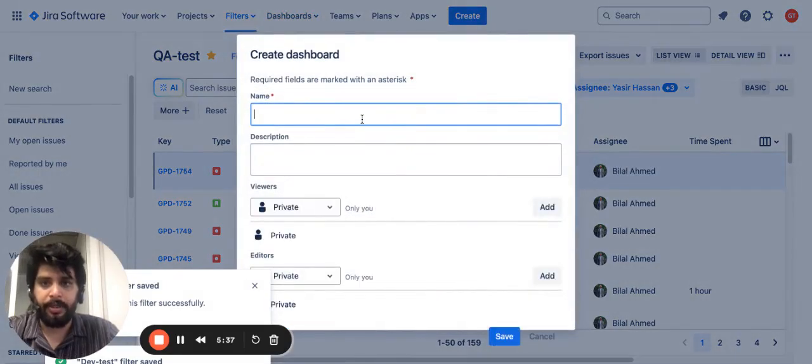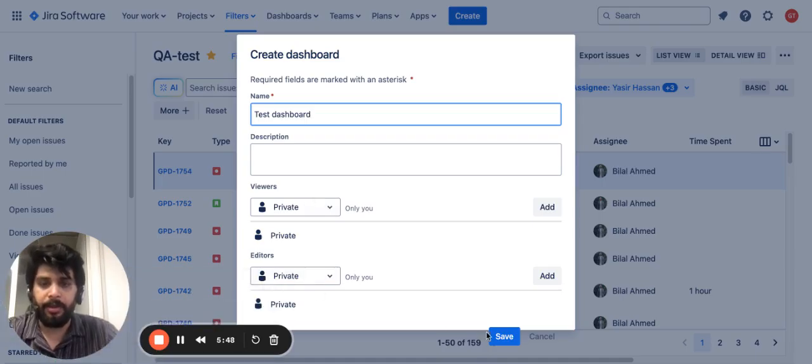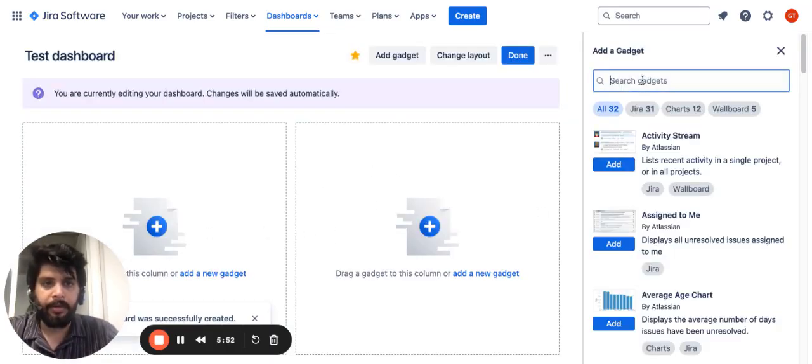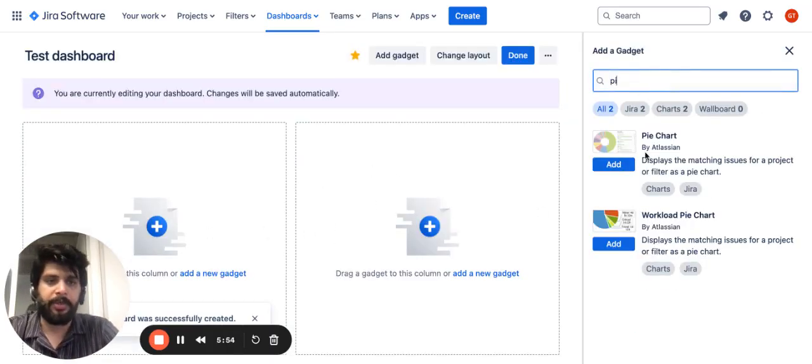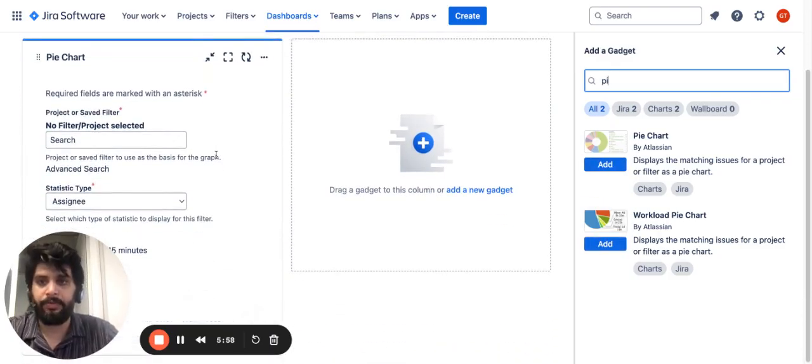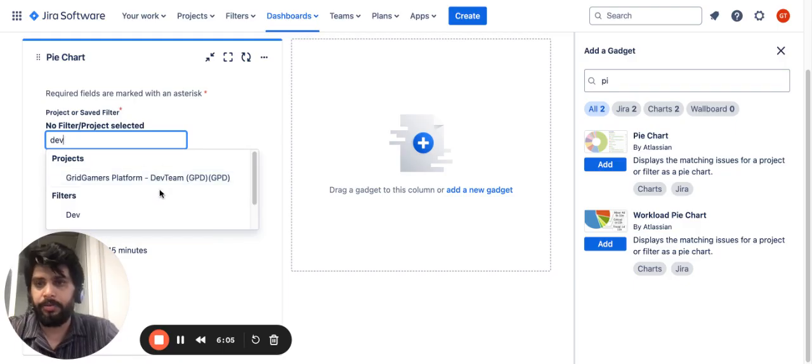So I'll create a dashboard. Let's say test dashboard, and same goes with the accessibility, either the viewer or the editor. I can select that. And now I want to create a visibility for the teams. So let's say I have created this first pie chart. Here I need to select the filter that I have created. So let me